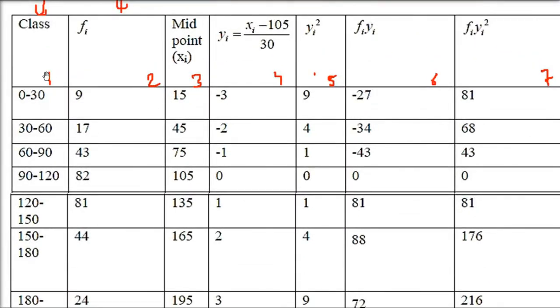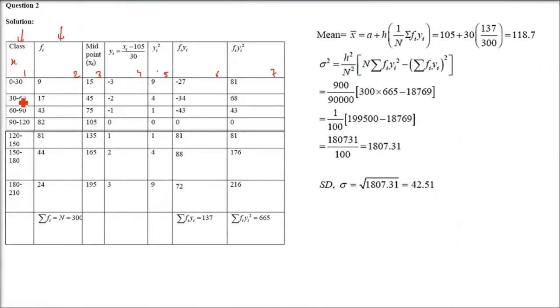So what you have to do, this is basically x. How to deal with this x? Because you cannot have a range, you need to have a central value. So 0 plus 30 by 2, lower plus upper by 2. I'll just do one or two for you. 60 plus 90 by 2, for example. 60 plus 90 is 150. 150 by 2 is what? 75. So 75 will come. So this is how it has come. So each element you have to do with this.